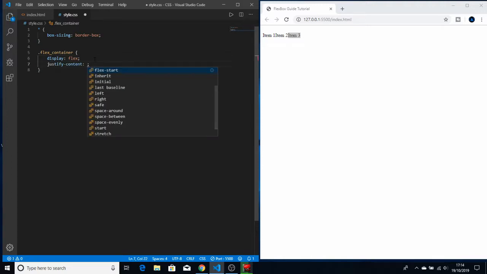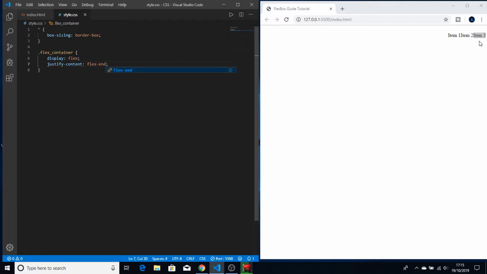So if we say justify content flex-start, nothing changes. If we put flex-end, it aligns it to the end of the container. And if we come in and put center, it aligns it in the center on whichever axis the direction is flowing in. So justify content is how it aligns horizontally, so how it aligns along the x-axis,